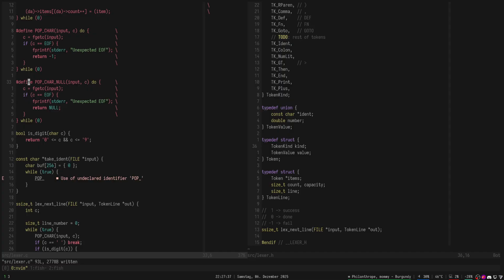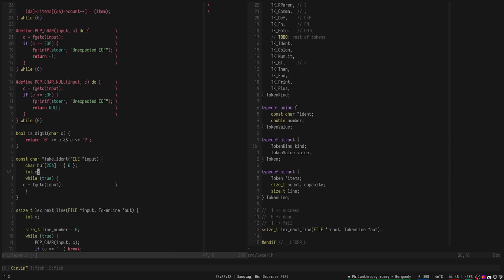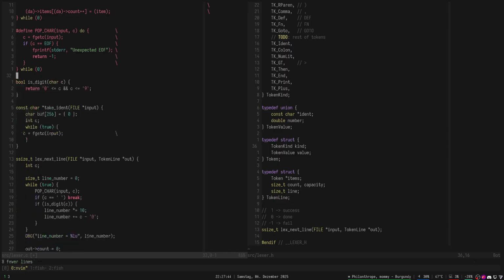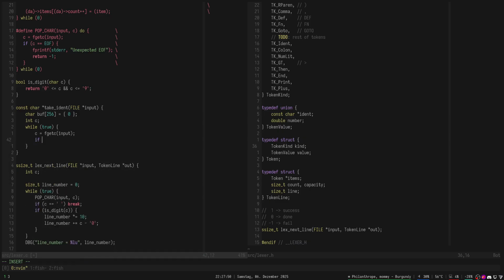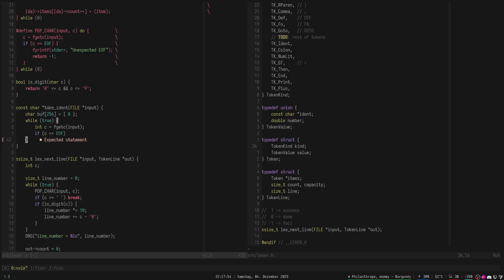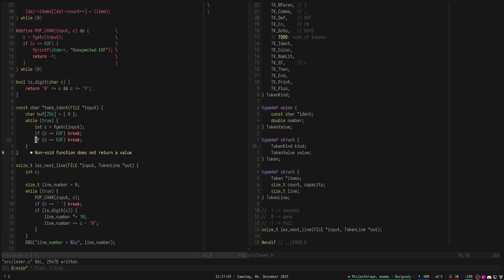Yeah, I don't think that this is a good approach. So I think we can do int c, and then this guy can just go away. And then if c is end of file, we don't even need to make this optimization. If c is end of file, then we break. And then that's really it. If